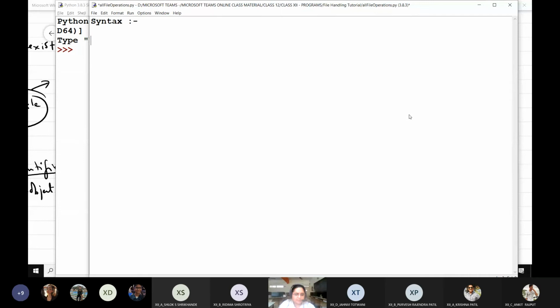Syntax number one: I'll be using a file handle. File handle equals open, file name, comma, file mode.